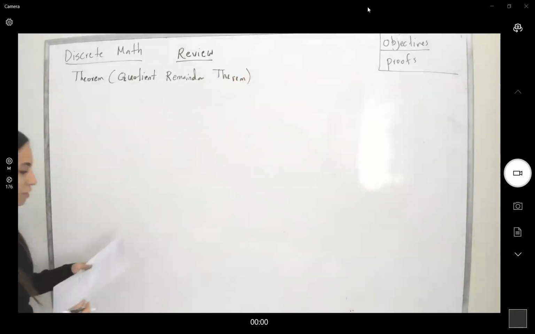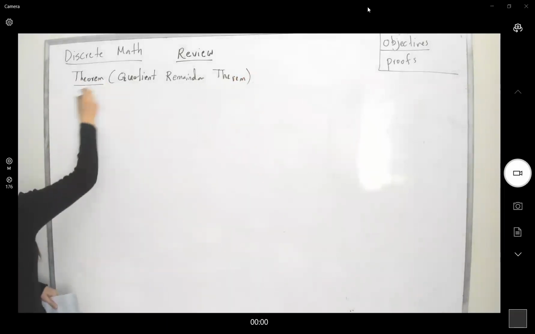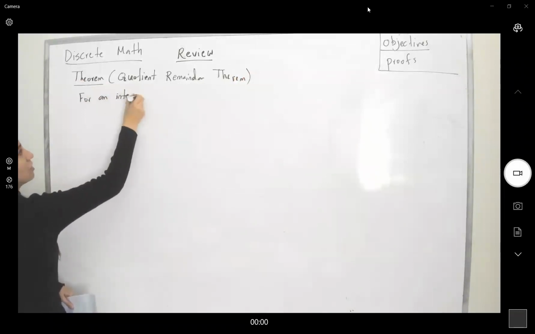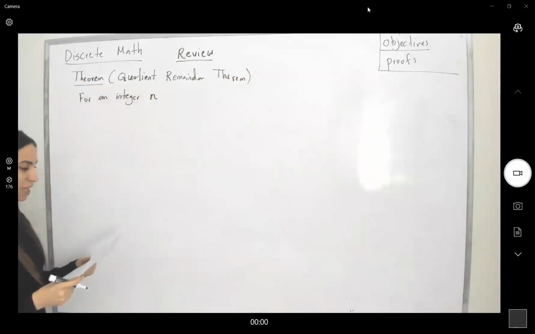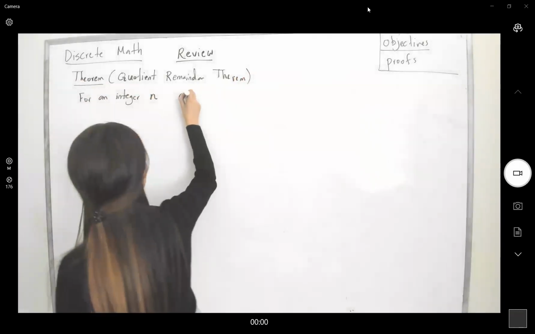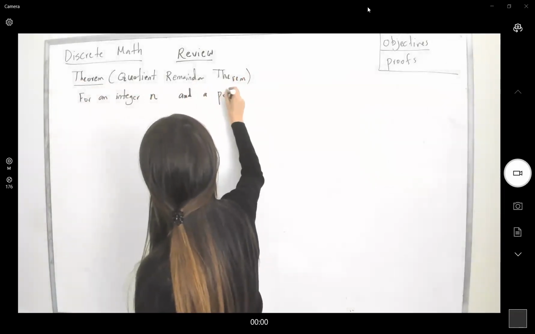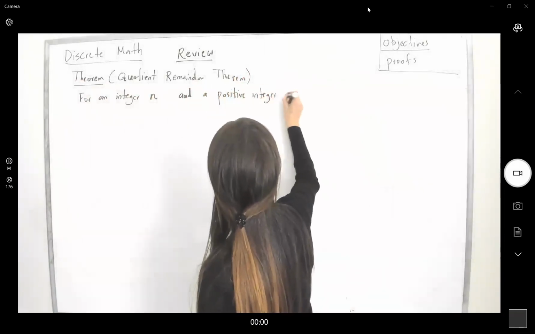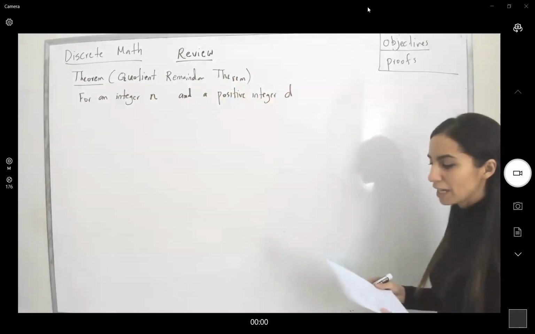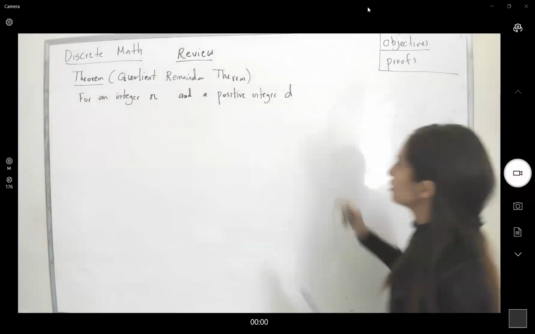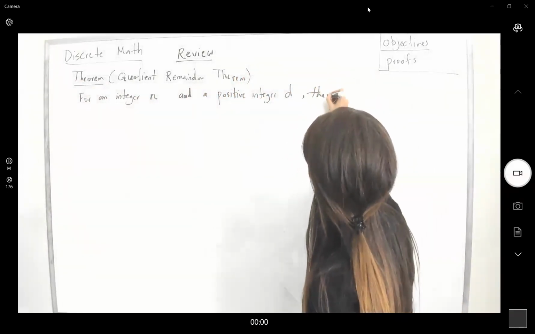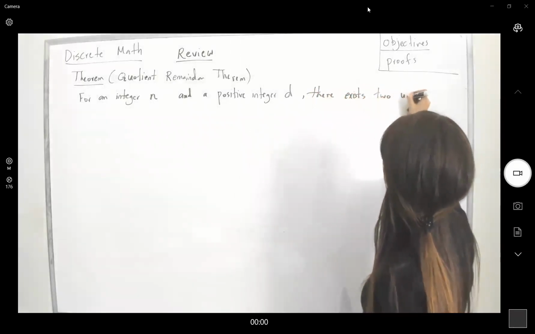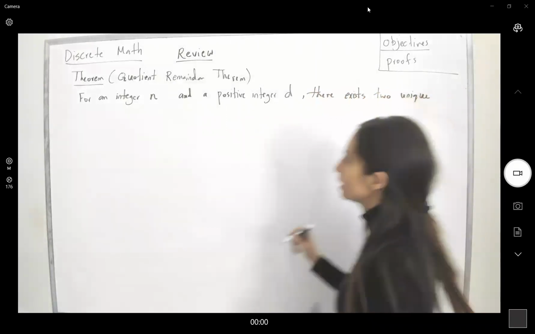This theorem says, suppose you have an integer n and a positive integer d, we can find two unique integers. There exist two unique integers